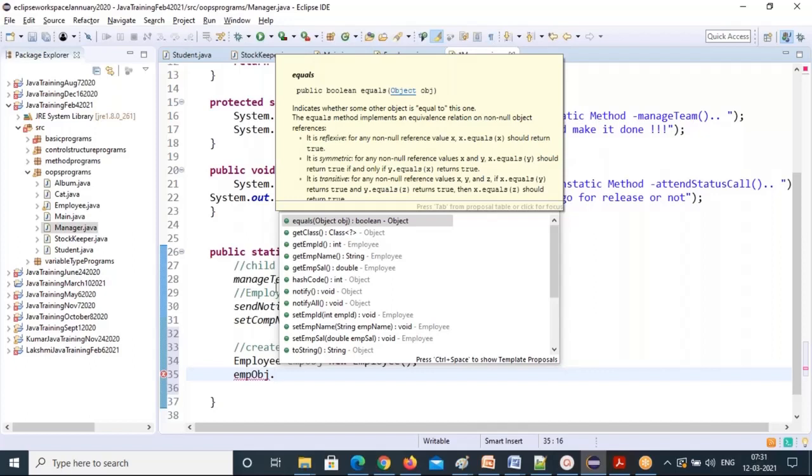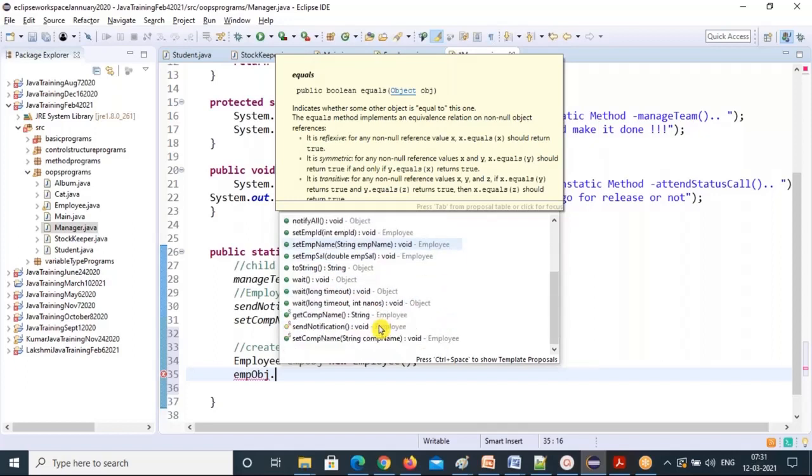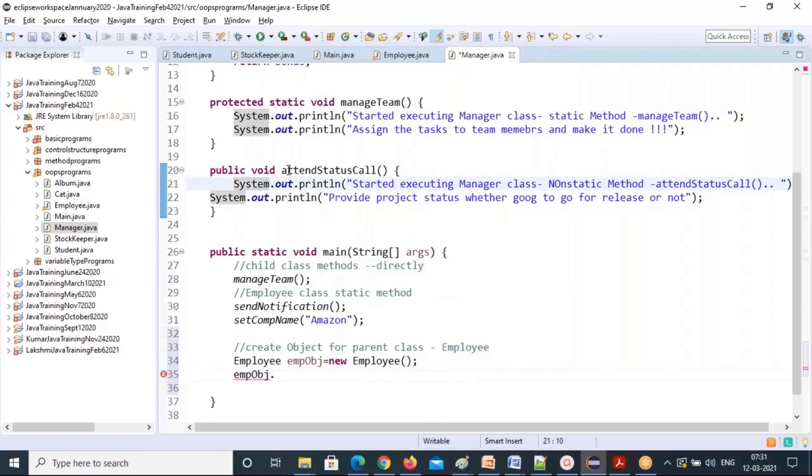See that. Get employee ID, get employee name, get emp salary, set emp ID, set emp name, all the setter methods, but send notification and the other static methods you should not use with an object. But this method, attend status call, is not there. Why?